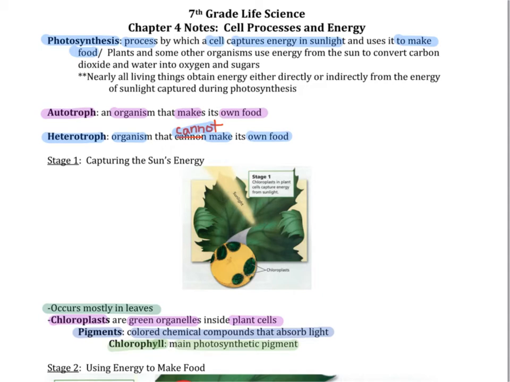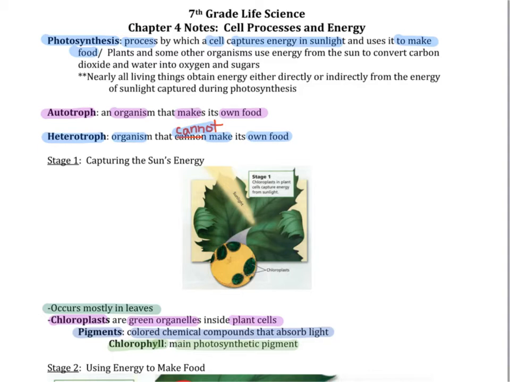We will begin studying cell processes and energy by looking at photosynthesis. Photosynthesis is the process by which a cell captures energy in sunlight and uses it to make food. Plants and some other organisms can use energy from the sun to convert carbon dioxide and water into oxygen and sugar. Nearly all living things ultimately obtain energy directly or indirectly from the energy of the sunlight that's captured during